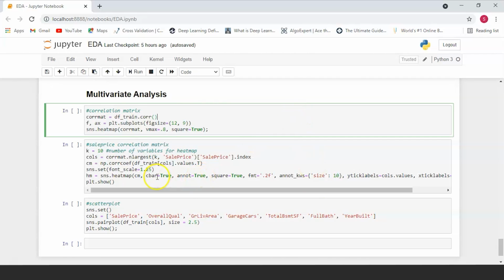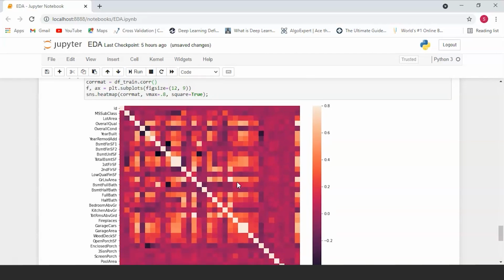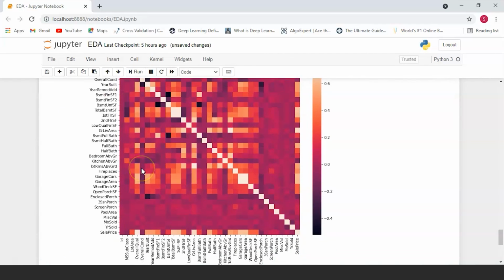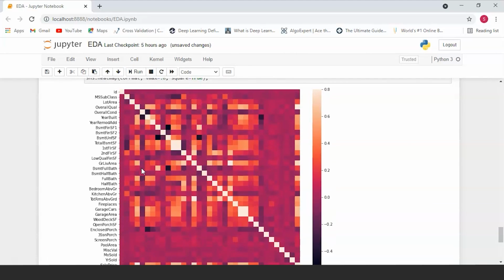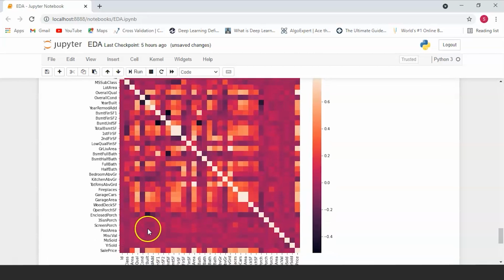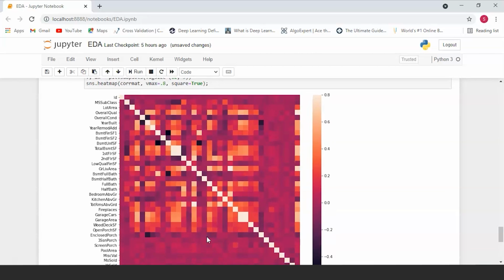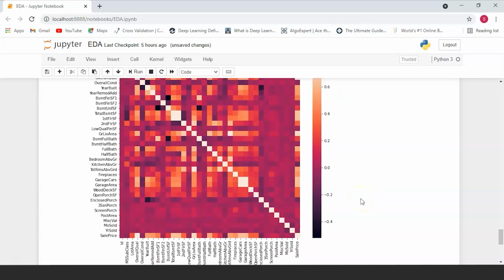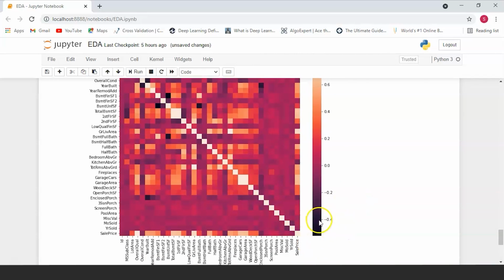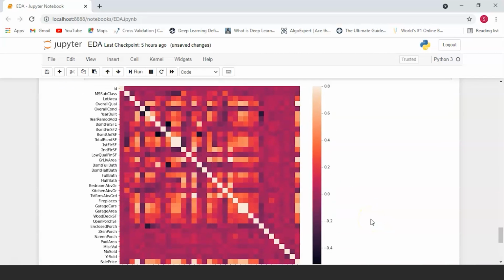This can be done with the help of a correlation matrix to see how well different values are correlated to each other. A correlation matrix is going to plot the correlation between different variables. Variables which are more correlated to each other or ones which affect each other to a greater degree are plotted in a reddish-orangish color, and variables which are less correlated to each other are plotted in a darker color. These correlation matrices are also called heat maps.